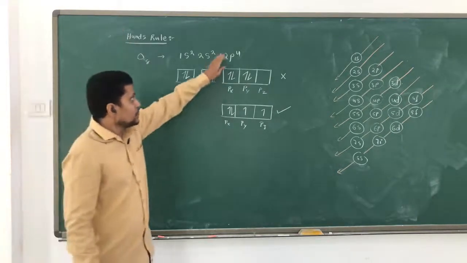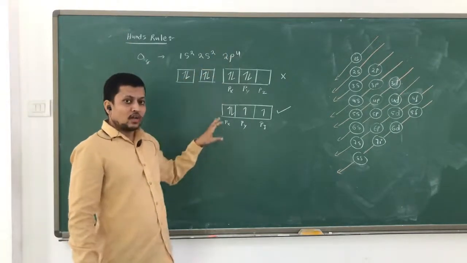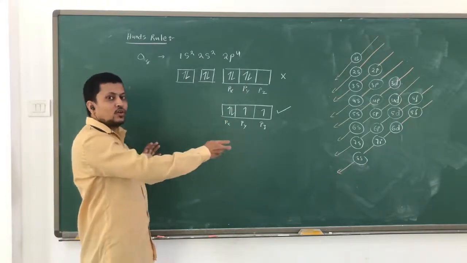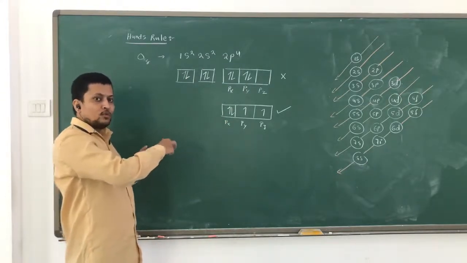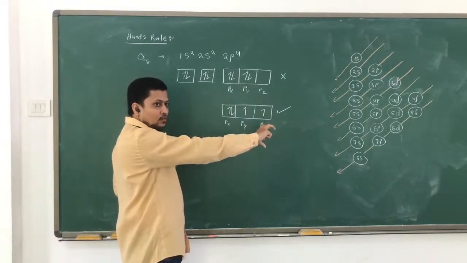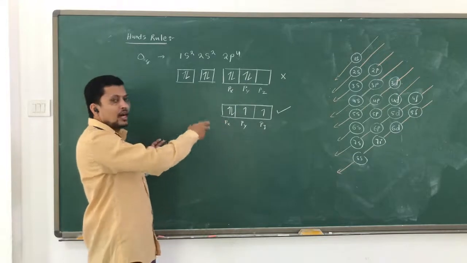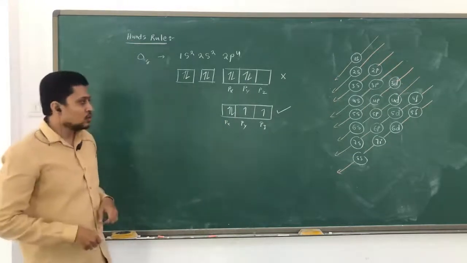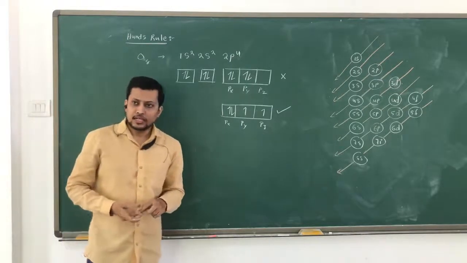As with this p orbital, even in the d orbital you are going to fill singly first, then you are going to pair them with the opposite spin. So first they are just filling with the same spin, all of them half filled, then fully filled they are becoming with the opposite spin. So this particular rule is called Hund's rule. So hope you understand this part as well.